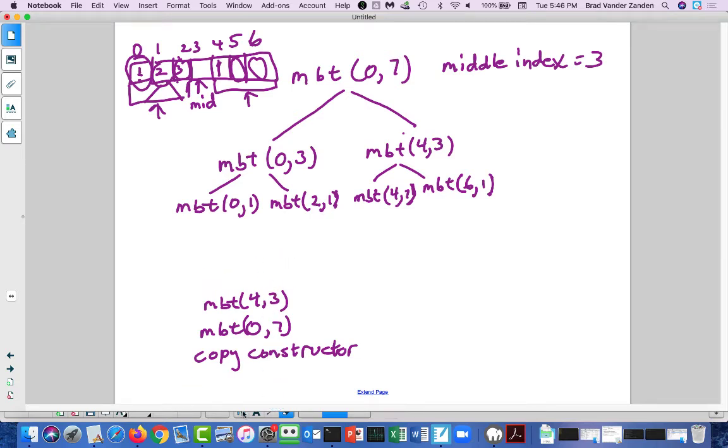Now at this point, make balance tree 43 can make a tree consisting of the value at index 5 as the root, pointing to the subtree returned by make balance tree 41, and pointing this right subtree to the subtree returned by make balance tree 61. We now return from make balance tree 43,